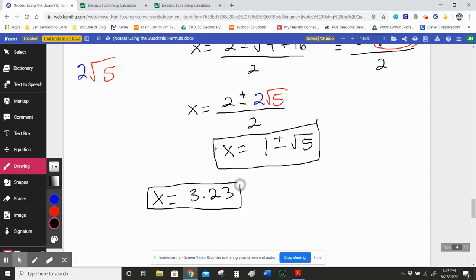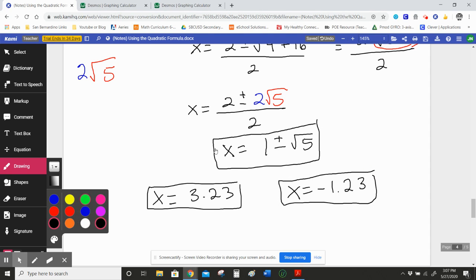Plug it into the calculator. The other answer is the same exact thing, but it's going to be 1 minus the square root of 5. And that gave me negative 1.23. So my two roots should be these two. But if you look at it in your math book, they'll probably give you something like this. But if you want to check it with Desmos, Desmos does decimals, so you want to get something like this,